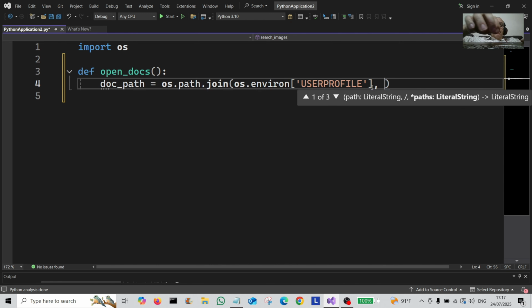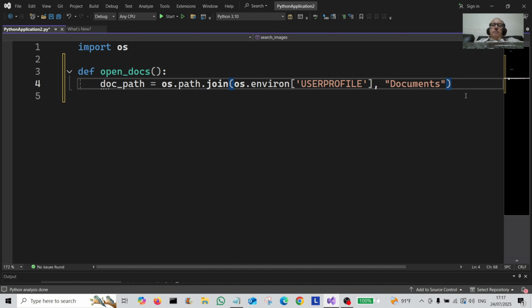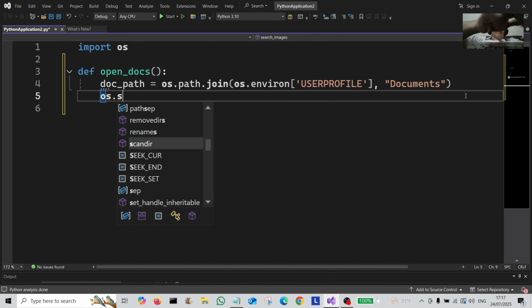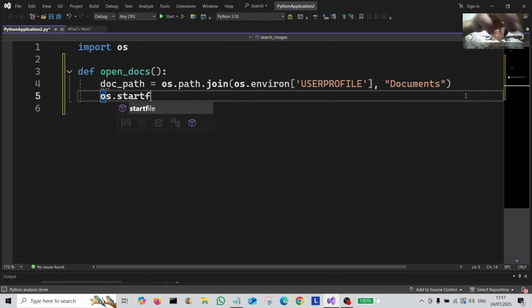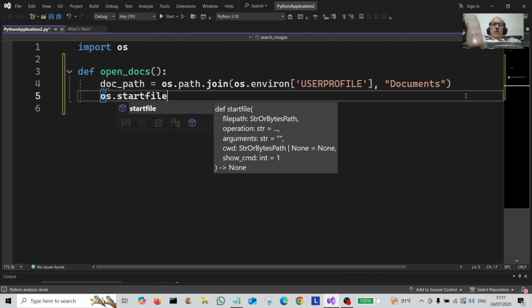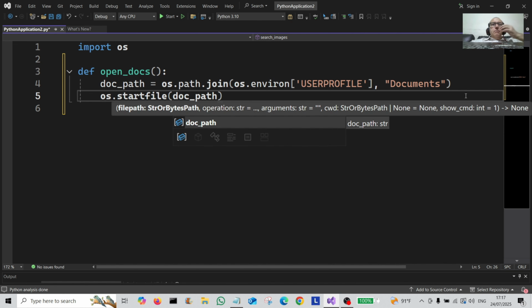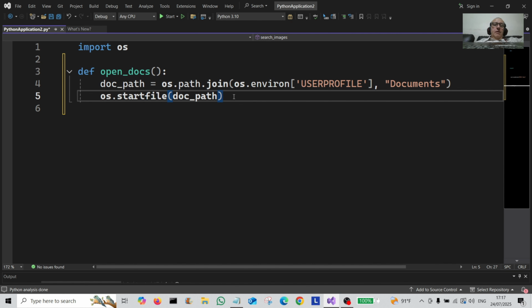And then we're going to specify documents, because this is the one we want to open. We want to open the documents folder. Then to do that, we use os.startfile. Simply type in the doc path variable we did above, and then